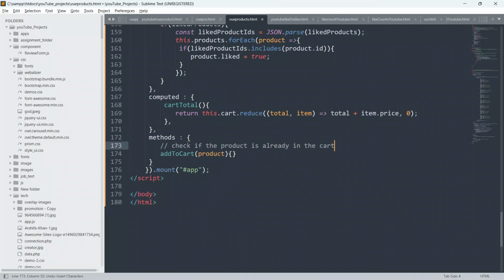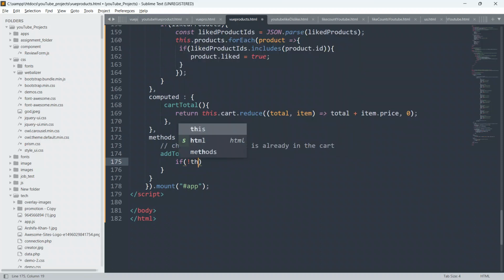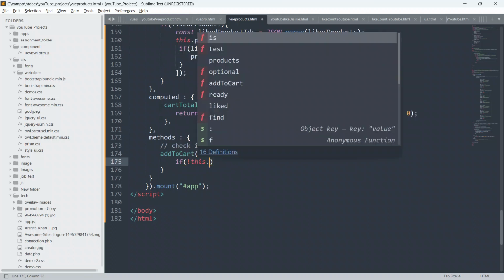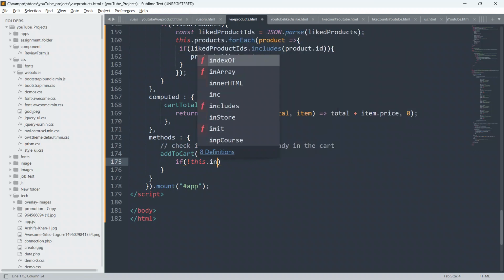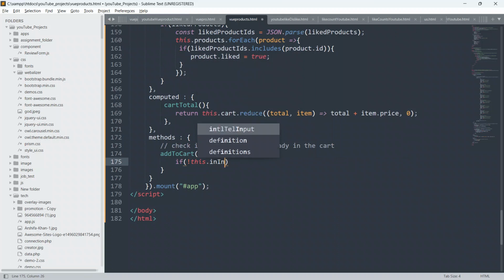So guys, now first of all let's check. Open these curly braces, and we will say if not equal to this dot is in cart. Is in cart what, guys?